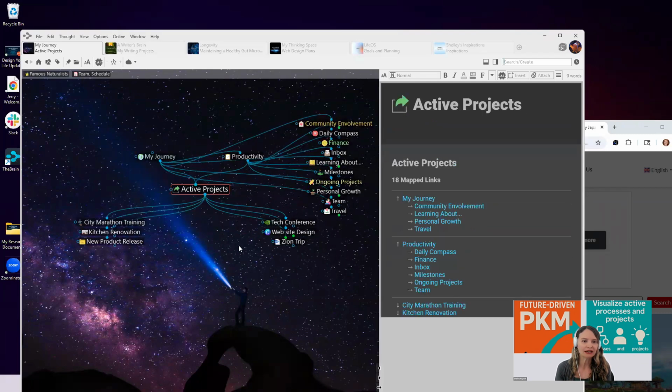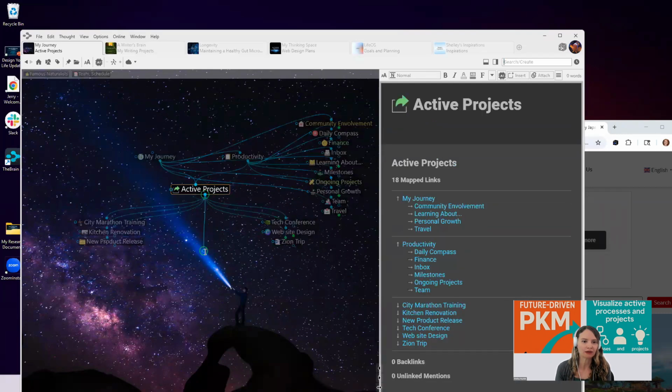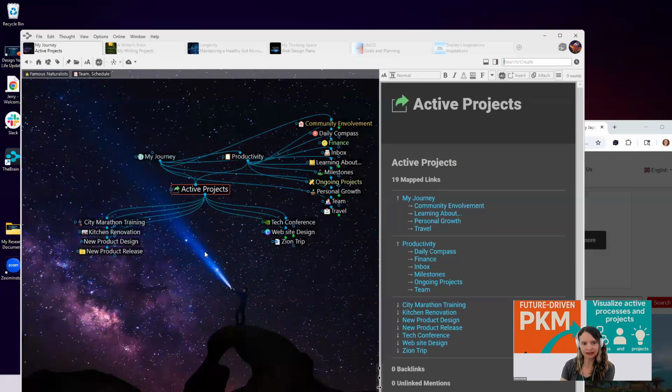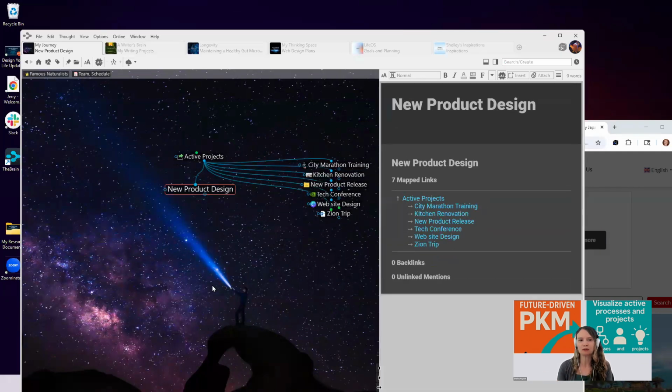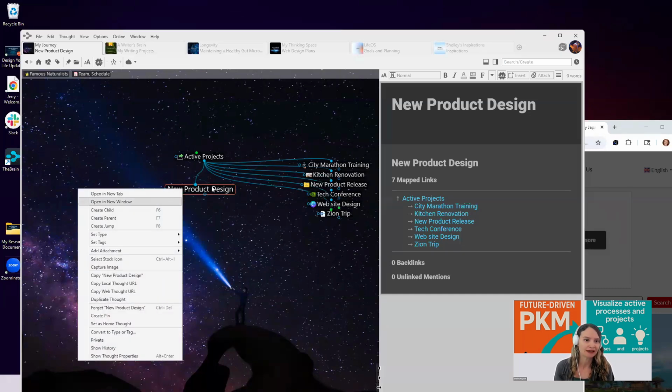But right now, I'm actually going to go ahead and create a new thought for new product design. So I want to show you how easy it is to sort of create and build that product. I don't have that product yet, but I'm working towards that, and I want that vision of this new product. Let's just say it's going to be a generic app that I'm going to sell on the iStore. So I'm going to come in here.